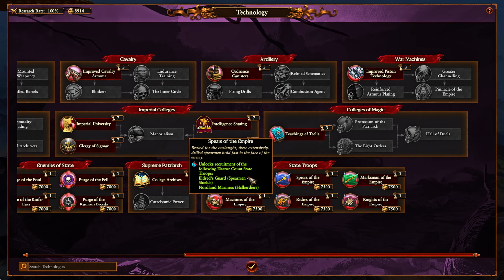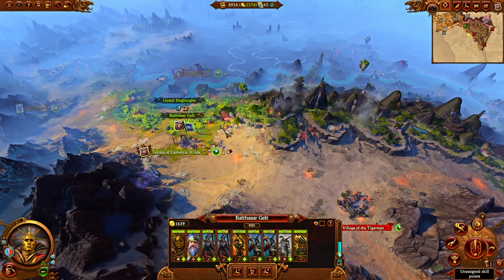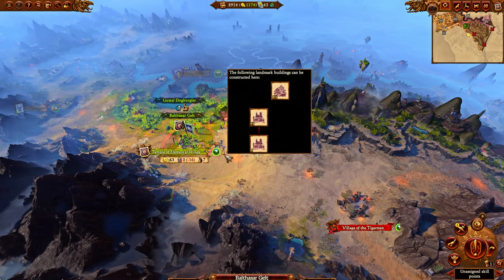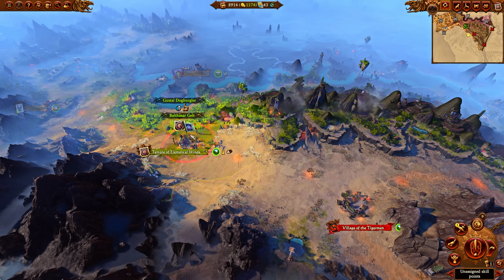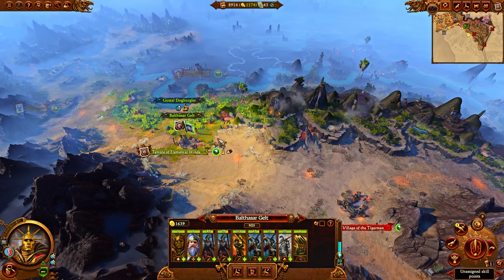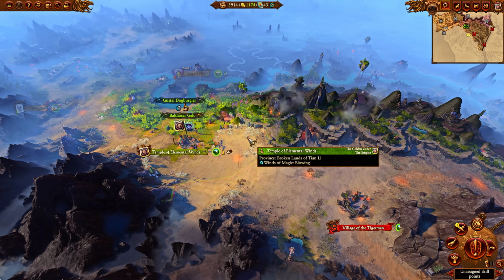Get spearmen that are better than any other spearmen in any other Imperial faction, because, yeah, Eldred's guards are really good. High level of armor. Very high level of armor. They actually have one of the highest levels of armor for such a unit, and technically it's a tier 1 or tier 2 unit. Limited quantities, of course, with the Electoral Count state troopers, but damn, the level of possibilities over here in this campaign are...